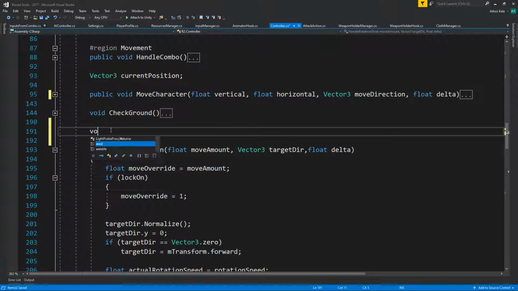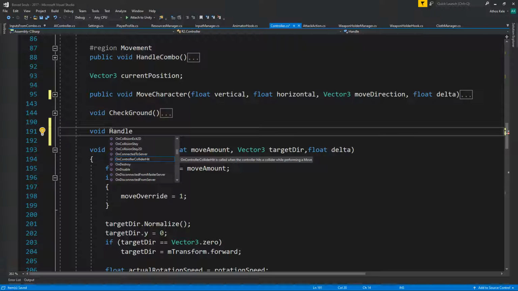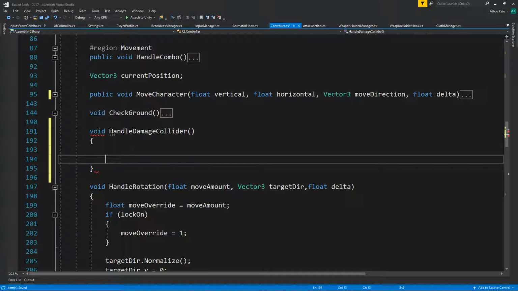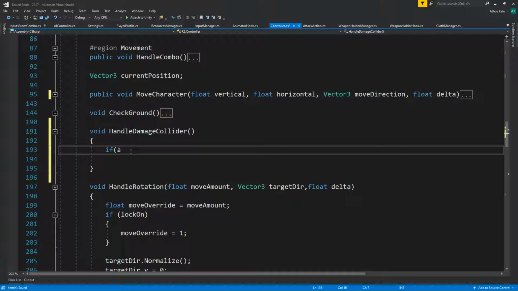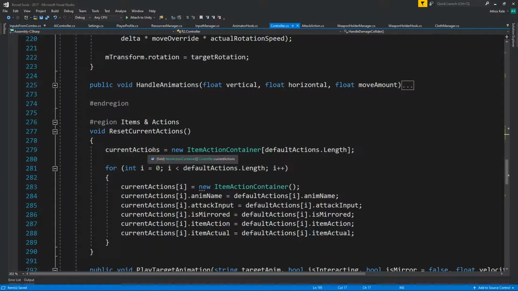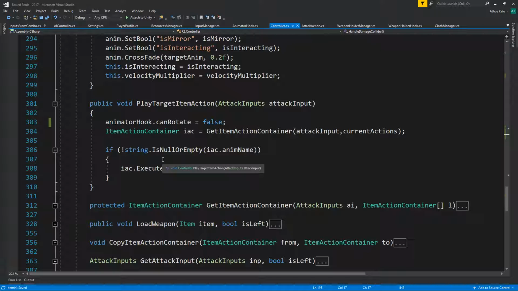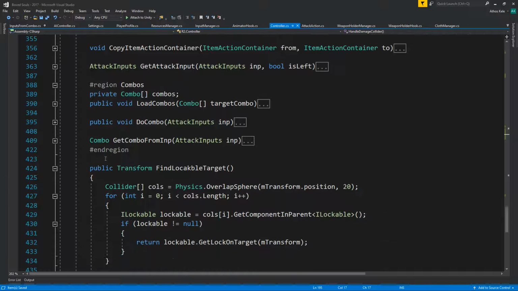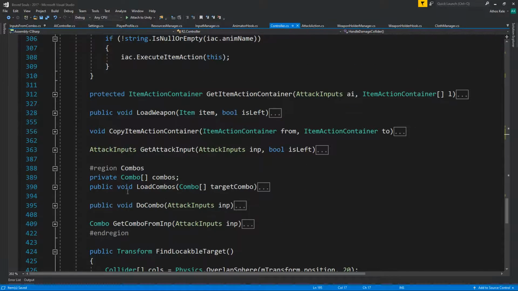So we're going to do void handle damage collider. If animator hook dot enable or open damage collider. Now the trick is to actually find which collider to open, because you have different weapons and different stuff. Okay, and each combo will have its different attack. So